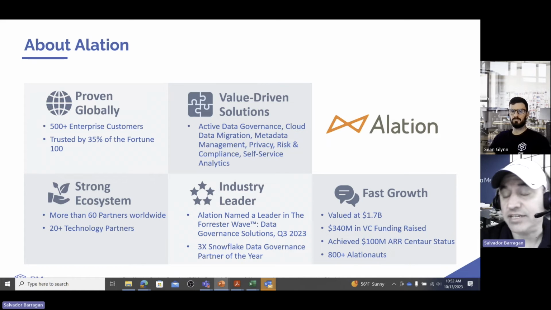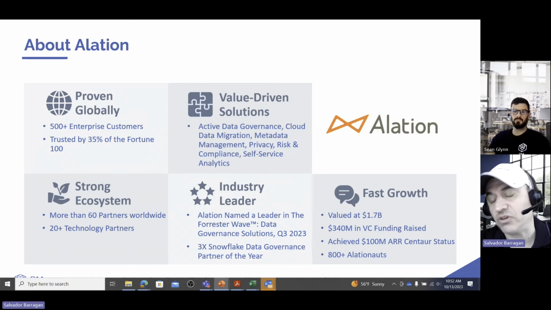Also, from a side note, in terms of growth, Alation has experienced huge growth. They're valued currently at about 1.7 billion. They've had numerous funding phases. They've had 340 million in VC funding recently raised. They've achieved over 100 million. They also have what they refer to as 800 plus Alationauts. So their growth is expanding at a rapid pace. But more than anything, they're a market leader in this area, an area that is very important to most organizations,